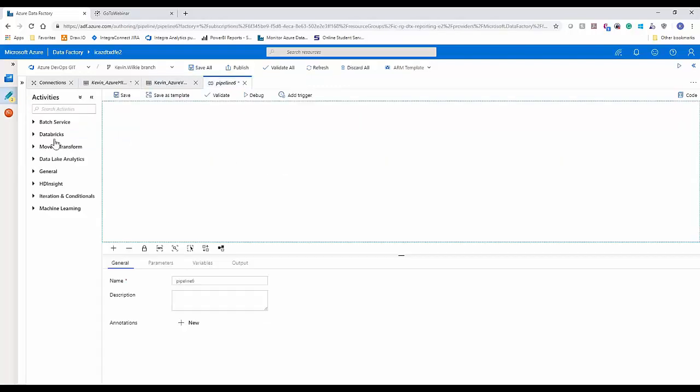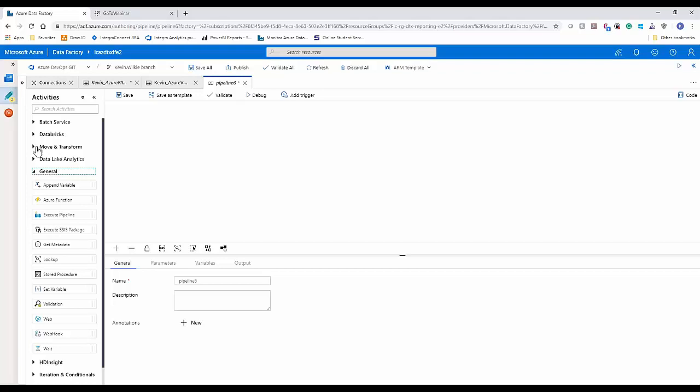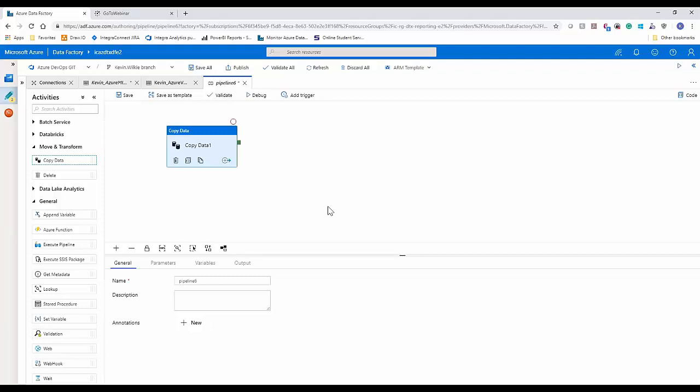All right, so first thing we want to do, we don't have to do all the funkiness with creating your connection first or doing this, that first. No. First thing you do, you can actually go to, in this case, we're going to do a move and transform. So we're just going to copy data. We're going to copy some data from